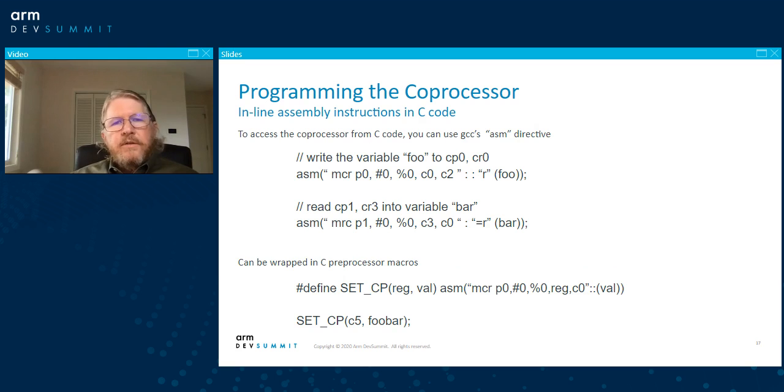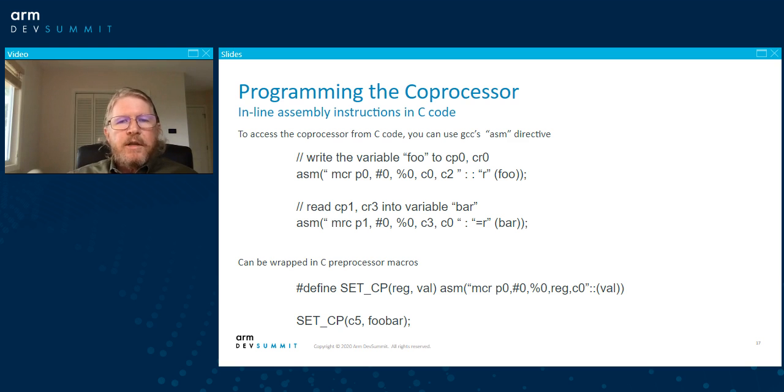Another way to access it from C code if you're using GCC, and this is the way that I did it, is to use the GCC's assembly directive or ASM directive. And so in your C code, you'd simply use the ASM directive followed by the assembly language instruction that you want to insert. The %0 is a parameterized value where we can put a C variable that will substitute in for that. The compiler then will appropriately go to and place that variable into the appropriate register and create the